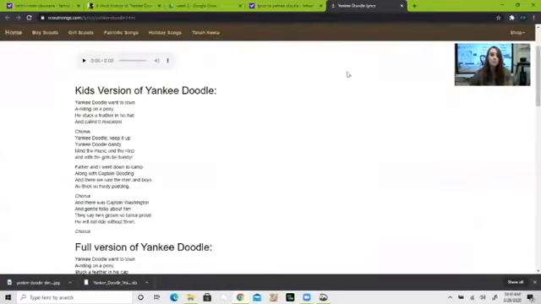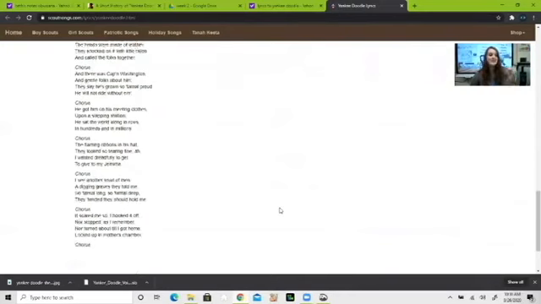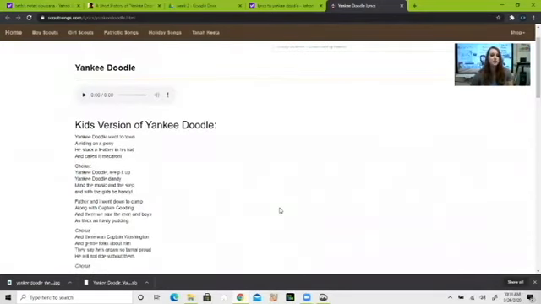We're going to come over here and we're going to do the first 3 verses. And you can see here the full version. I'm going to scroll down. If we're not doing all that, we're just going to focus on the first version here. What I want you to do is you're actually just going to have to worry about the chorus, just like we did with Guru Peas. If it were here in person, we'd be learning the whole thing. But if you know it or you want to sing along after you've heard the first verse, that's totally fine.